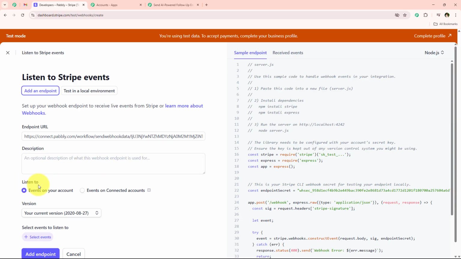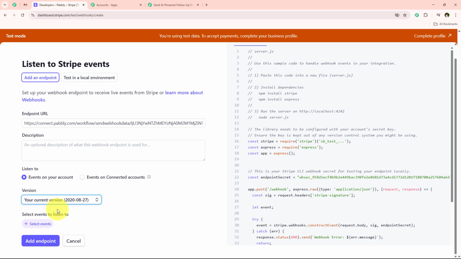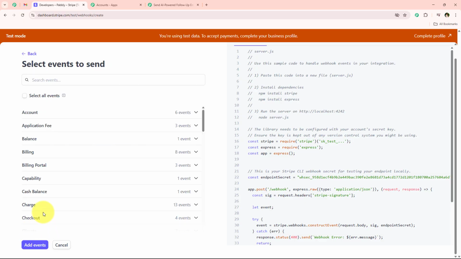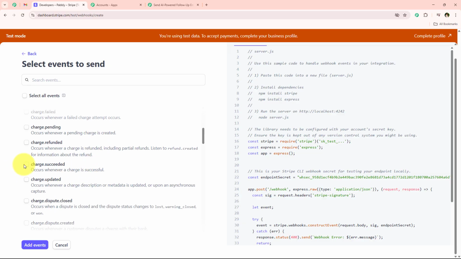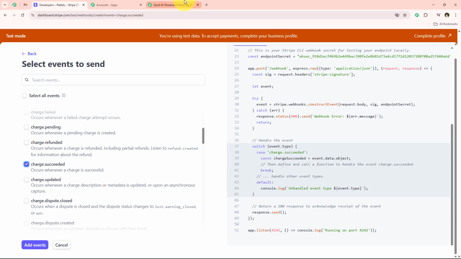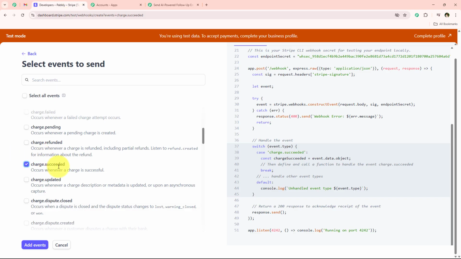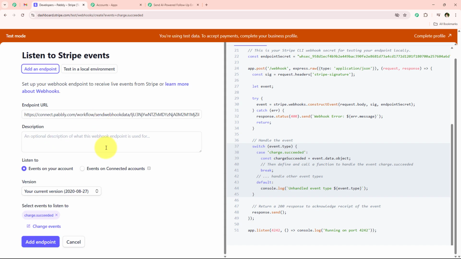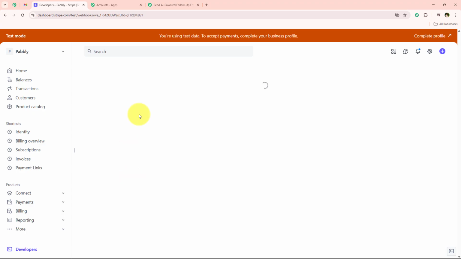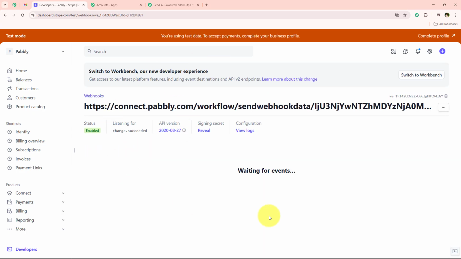It is saying listen to. So I'm going to simply select it as events on your account. And now for the version, I'm going to select it as the current version only. Now for the events, I'm going to go towards this select event, go towards this charge right from here and select the event as charge succeeded, because over here in the help text, it's clearly mentioned that from the drop down, select the event as charge succeeded. So I'm simply going to select charge succeeded and click on this add event. And now I'm going to click on this add endpoint. And once I click on this add endpoint, yes, you can see that we have successfully added